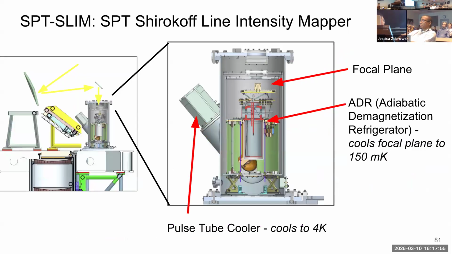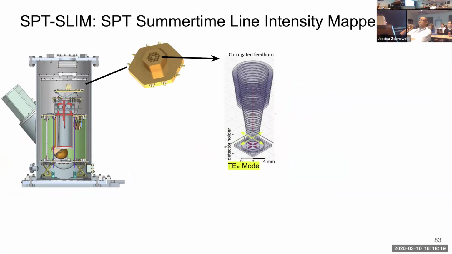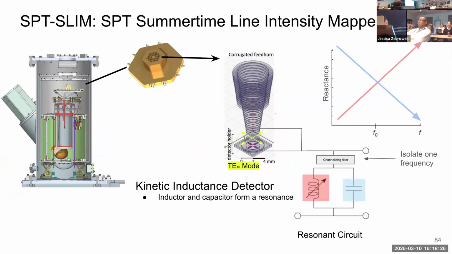So looking a little bit closer at the instrument itself, it's a cryogenic experiment. We cool it down to 4 Kelvin with a pulse tube cooler, and an adiabatic demagnetization refrigerator, an ADR, cools the focal plane to 150 millikelvin. And there you have the detectors at the top. So light comes into the detectors, the radiation is emitted by these feed horns, and then it is absorbed at these antennas at the bottom. You see these 2 antennas, you can think of them as cross dipoles to have polarization sensitivity. And it's read out by what we call a kinetic inductance detector.